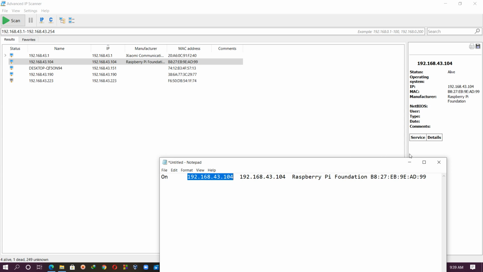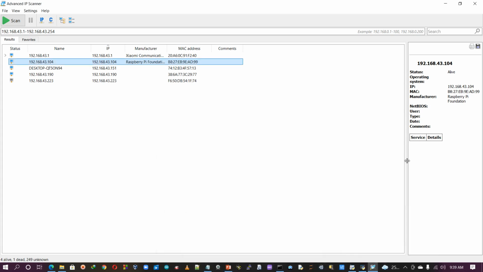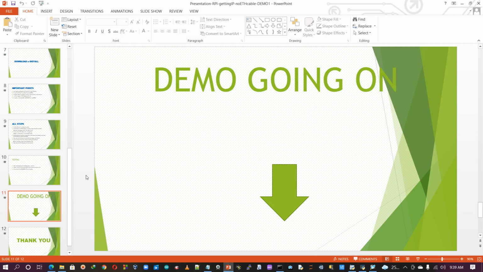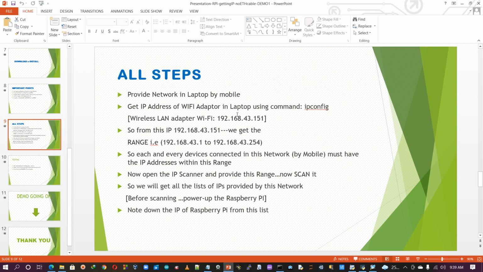So this is the main problem. When you start your work on the Raspberry Pi, to get the IP address, if you don't follow this procedure, then you need a monitor and an HDMI cable like this. Without such things, how can we get that one? So I got the final stage. Next, what is our next step? I got this one. Now it is time to test that one.